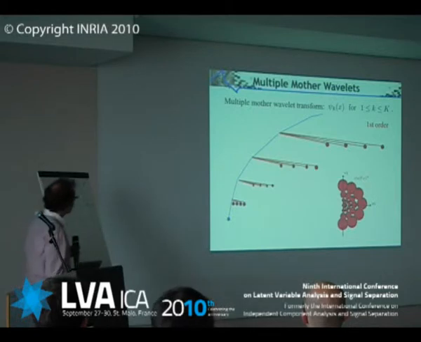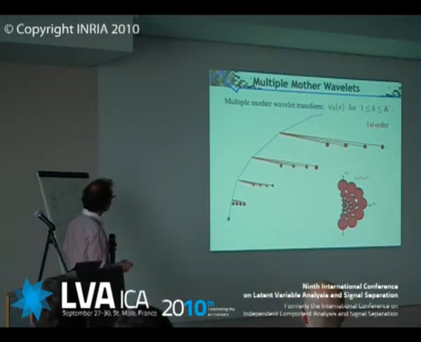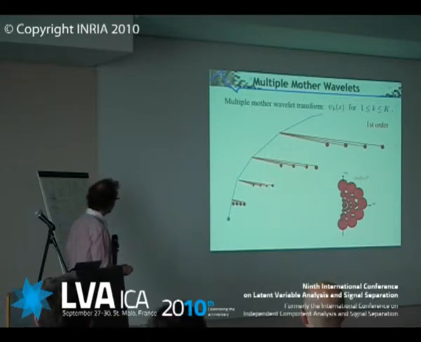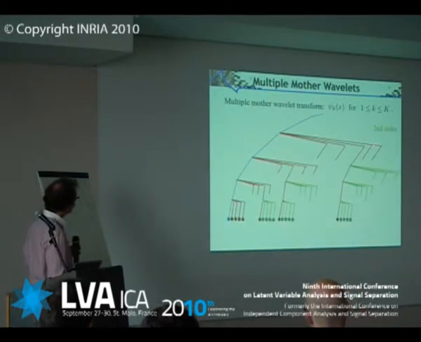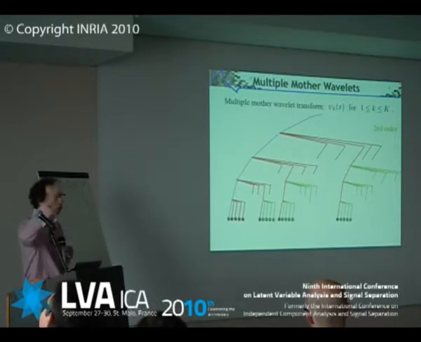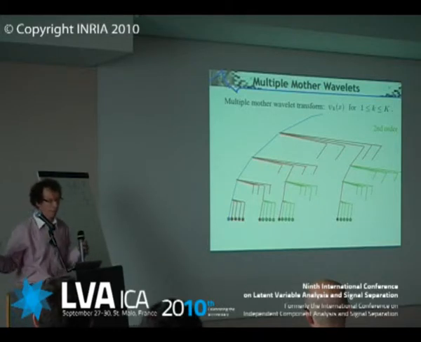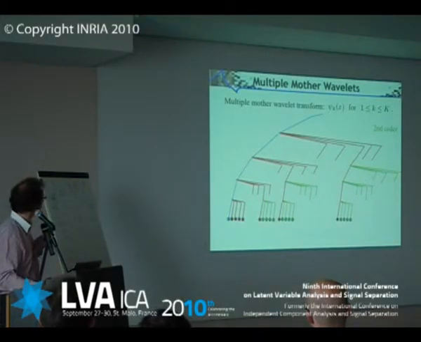Okay, let me quickly show what's happening with multiple wavelets, like in 2 dimensions. The only difference is that you don't have one, but multiple wavelets at each scale. And basically, you just repeat the same thing. For each of them, you're going to spread it by doing again a wavelet transform modulus. You do it for all of them. So it gets a mess. The tree is absolutely huge, and it looks a bit hopeless.